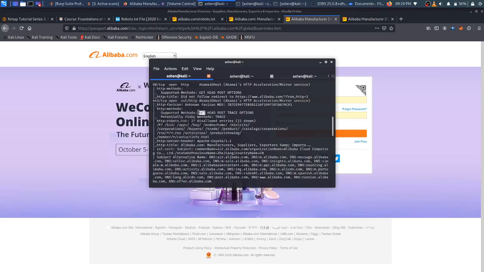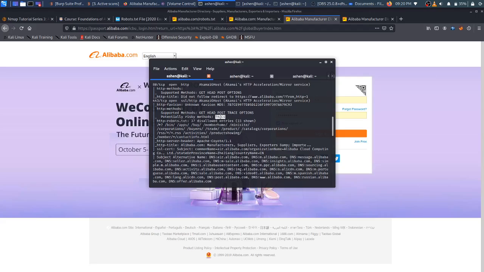We can use any of these HTTP methods for our purpose, but they also disclosed the TRACE HTTP method.